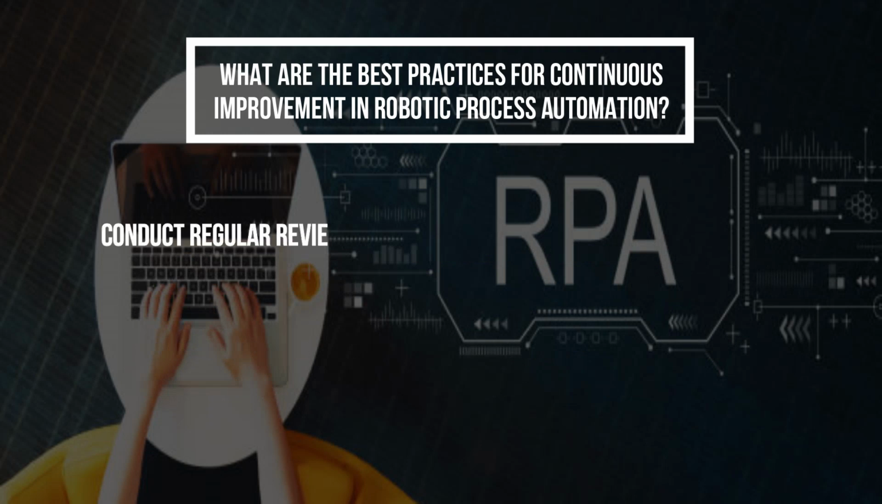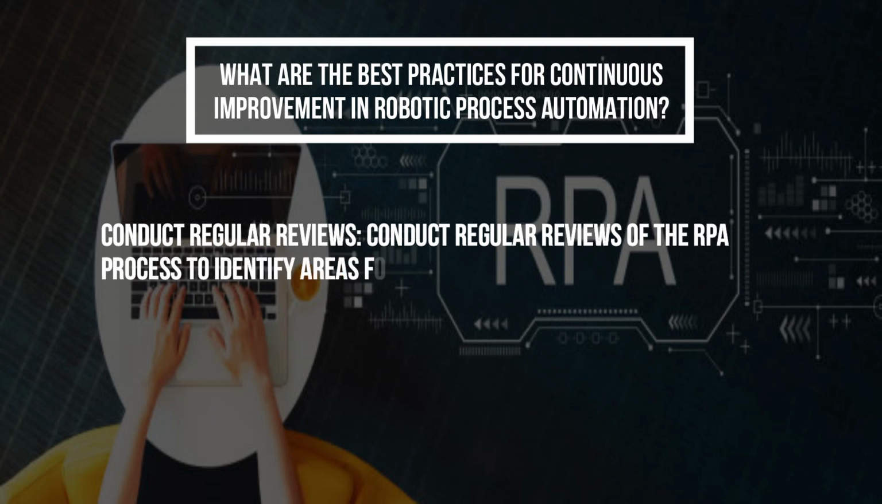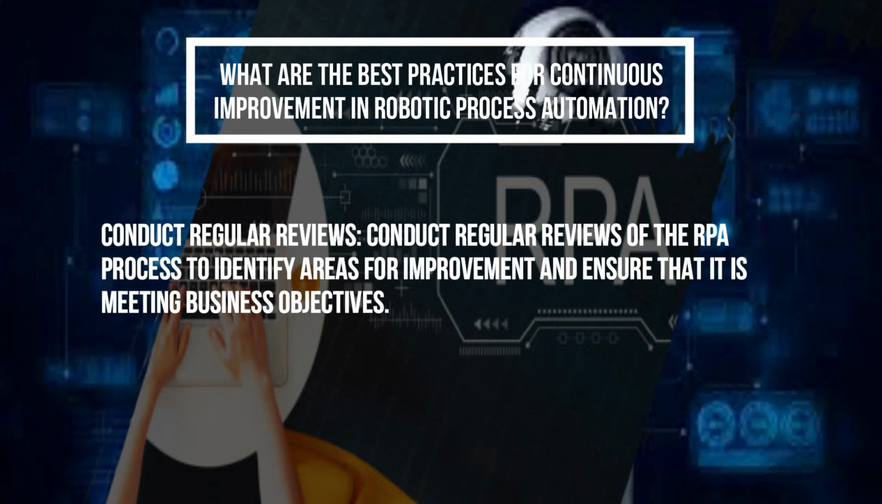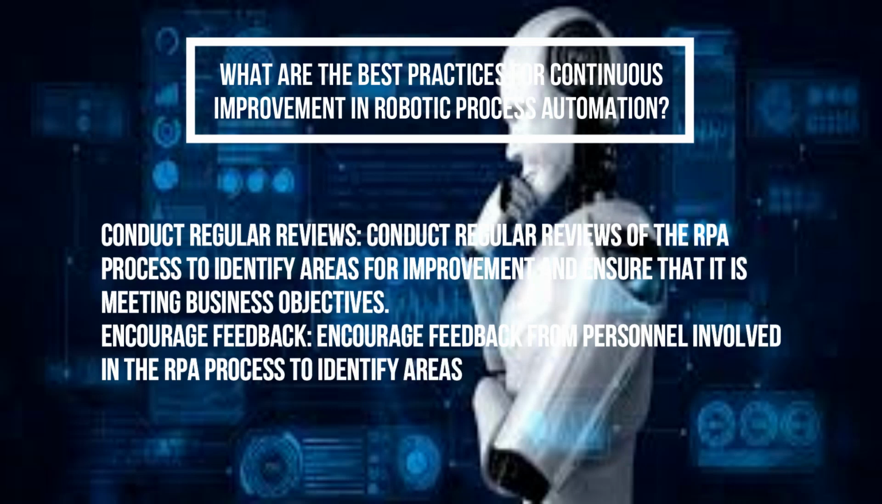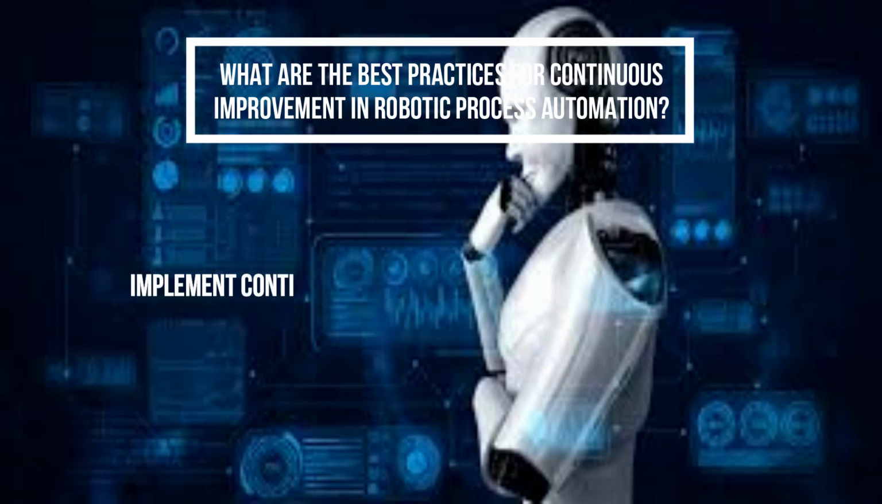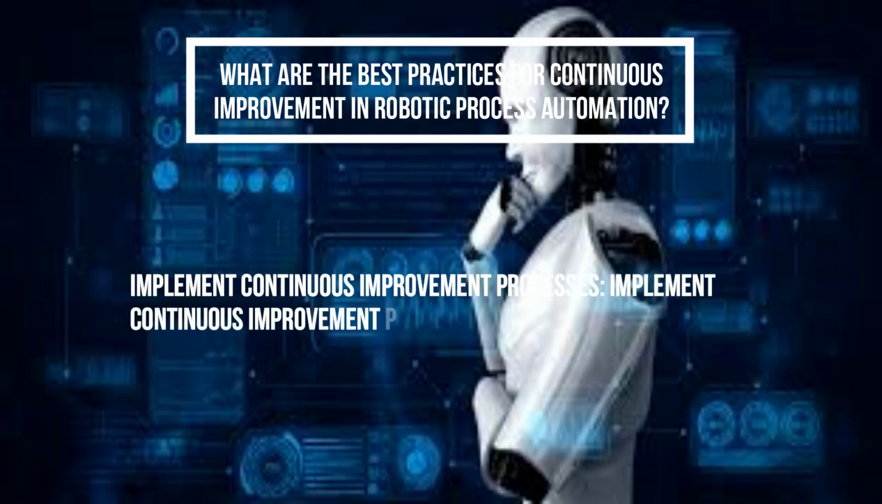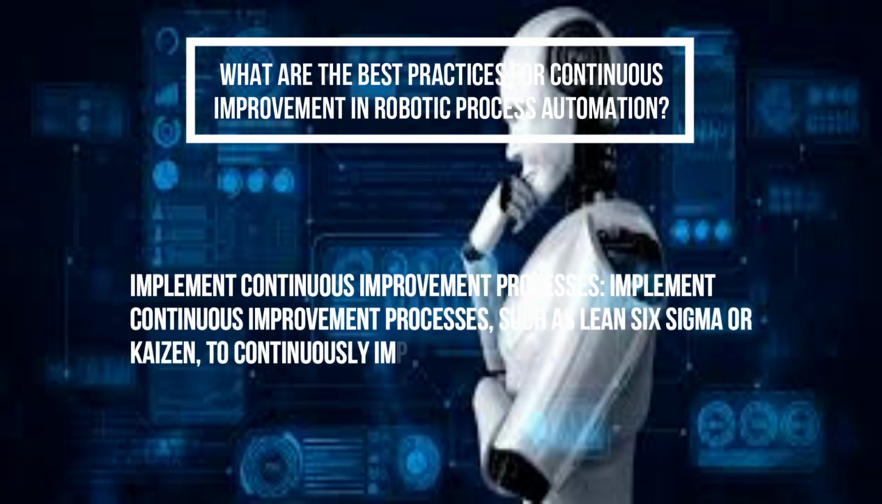Conduct regular reviews. Conduct regular reviews of the RPA process to identify areas for improvement and ensure that it is meeting business objectives. Encourage feedback. Encourage feedback from personnel involved in the RPA process to identify areas for improvement or potential issues. Implement continuous improvement processes. Implement continuous improvement processes, such as Lean Six Sigma or Kaizen, to continuously improve the RPA